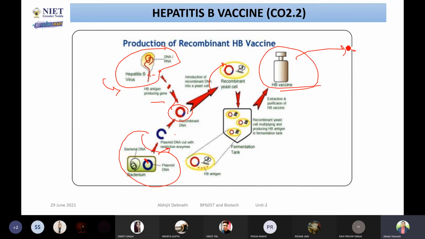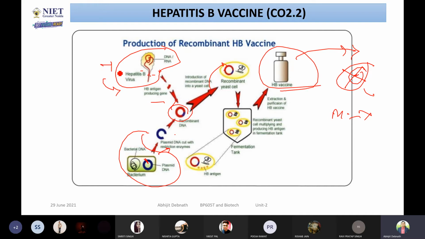When it is administered into a patient's body, the patient's body will be getting some part of the virus, and the immune system will be activated. The virus will get killed. The virus component, or virus substance, whatever part you have inserted, will get killed, and one memory cell will save the information.